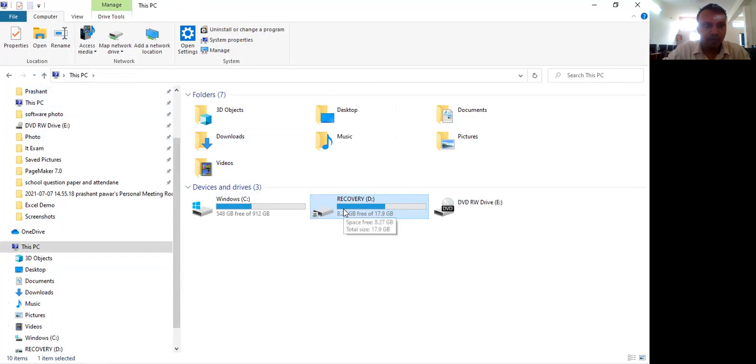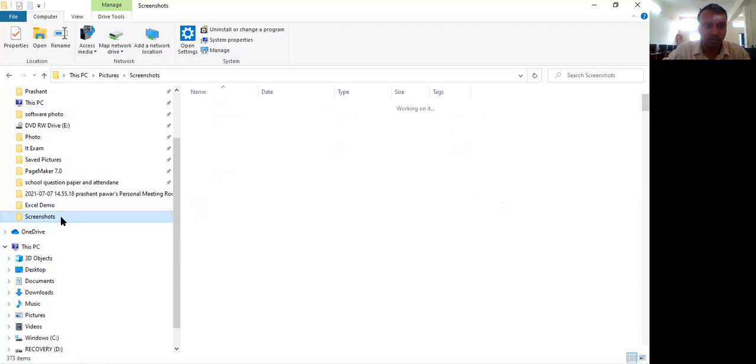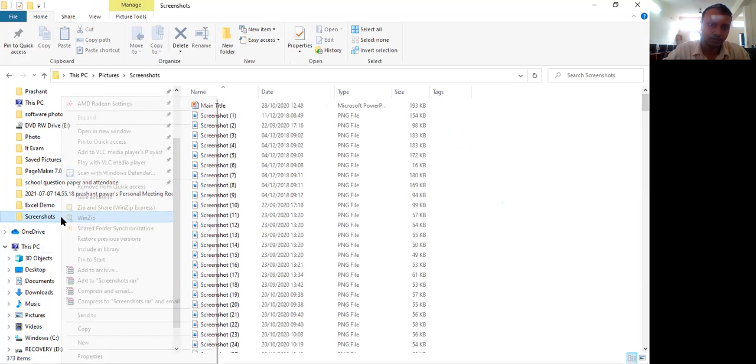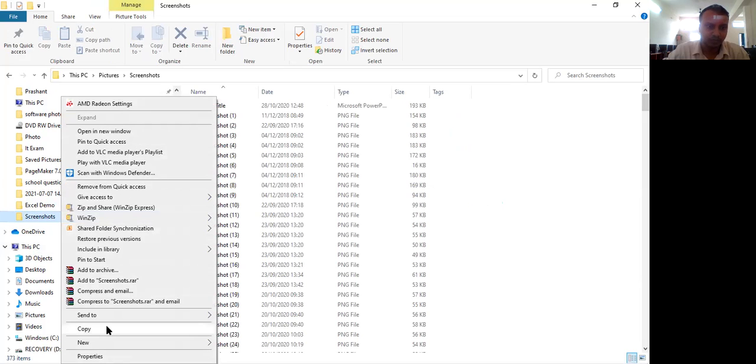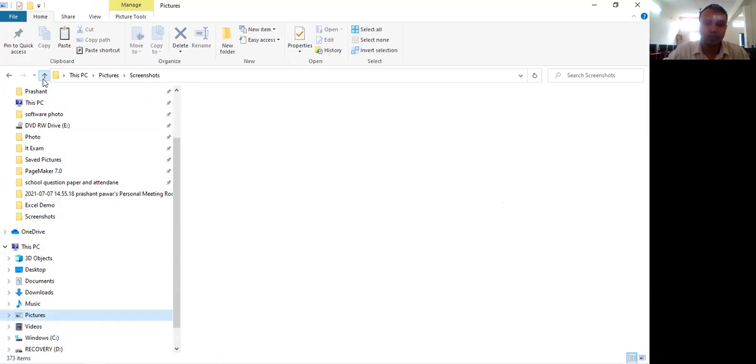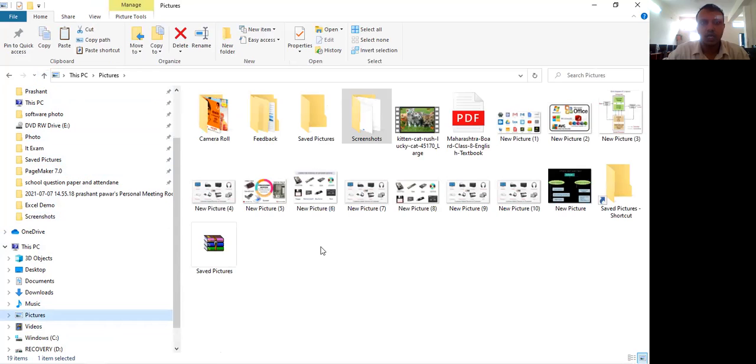For example, I want to move this screenshot folder. I want to make a copy of this screenshot. Copy, and again I will paste it in the My Computer picture folder.